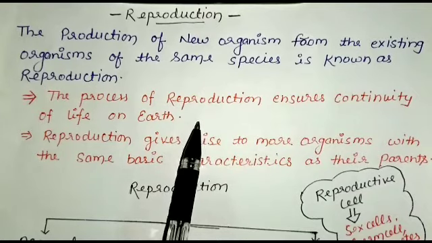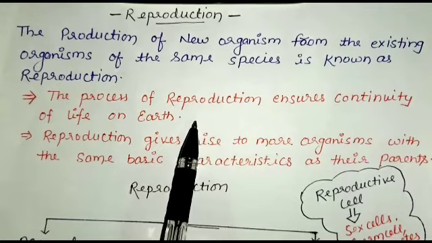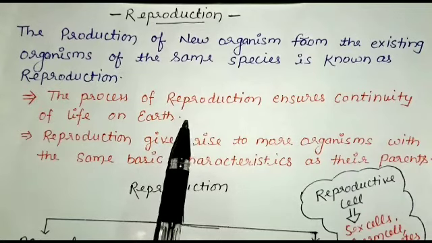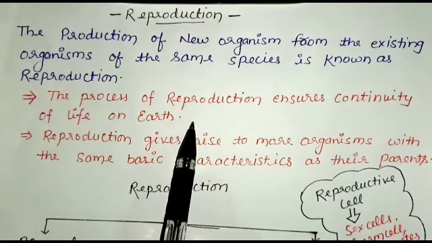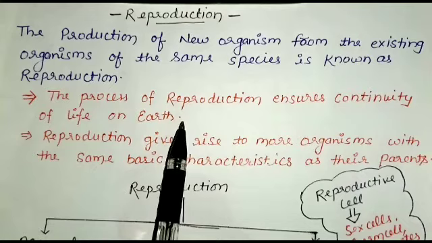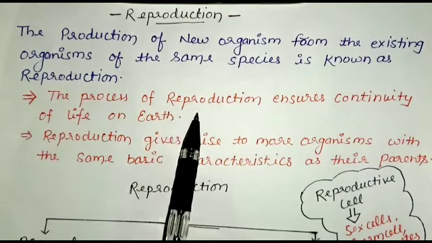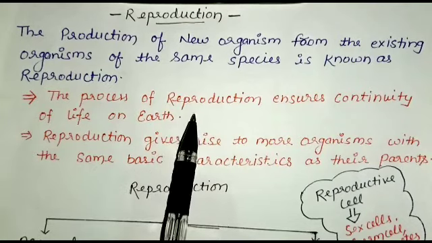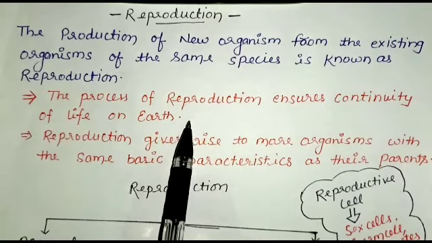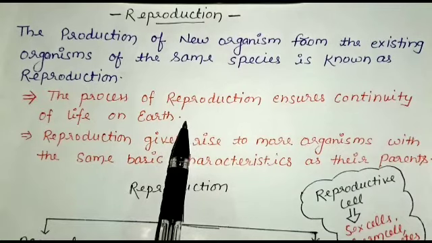For example, human beings reproduce by giving birth to babies such as son and daughter. Their babies grow and ultimately become adults. So when the old parents die, their son and daughter keep living on this earth. These son and daughter also reproduce by giving birth to more babies, and this process goes on and on.